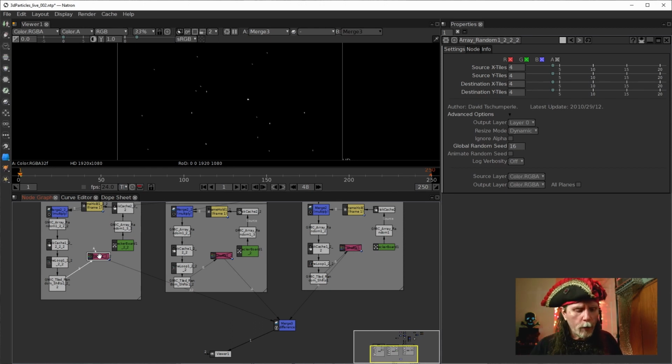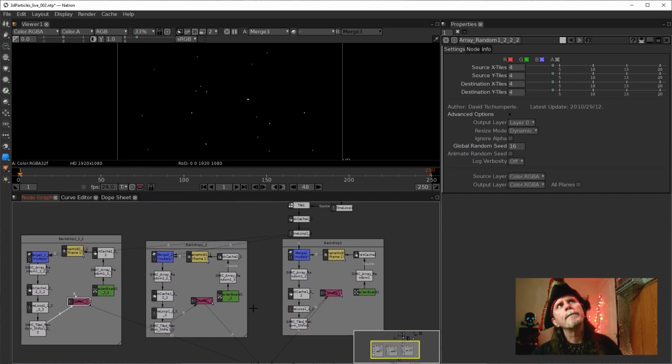So the last thing we want to do is, how are we going to actually animate these? I think the best thing to do is a Card 3D. Why a Card 3D? Well, because one of the things we have not done, one of the problems, or one of the things I'm thinking about regarding this, and people might want to think about,